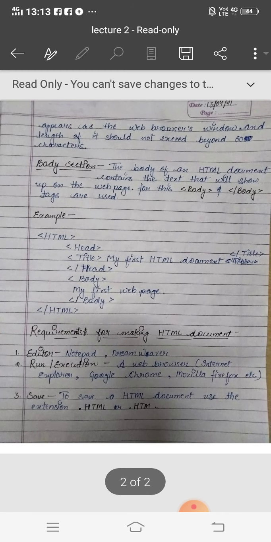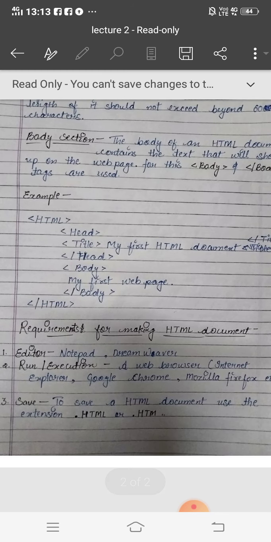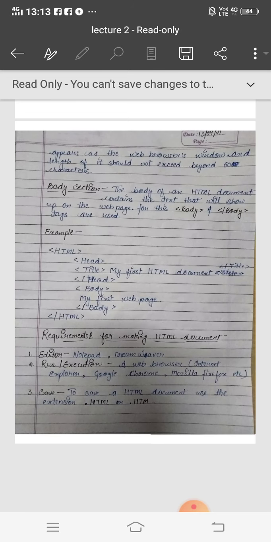Here is the example of our first HTML document. Here is a simple example. We will start with the html tag. Whenever we have finished our work, we will close the html tag with a forward slash in angular brackets. Afterward, there are two sections as I already told in the last lecture, head and body. So head will begin, afterwards title will begin, which will be shown in the browser's window. You can write any title in the title tag, or you can leave it empty. You can write my first HTML document, you can write anything.